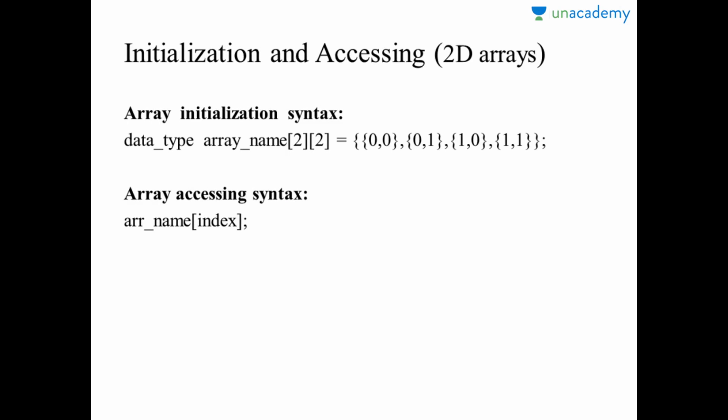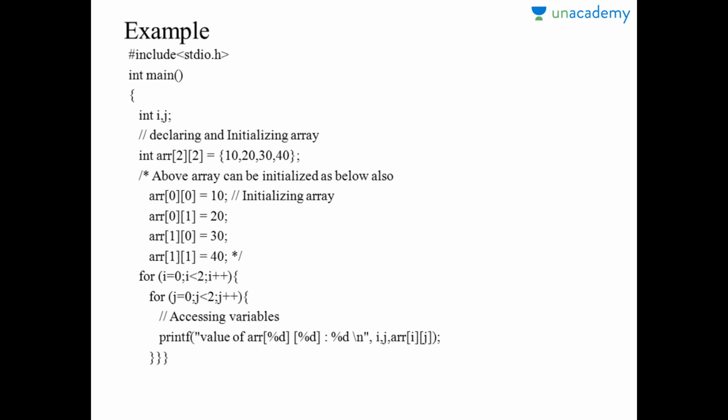Next is the initialization of 2D arrays and accessing data from 2D arrays. So here's the syntax. It's almost the same as we defined for one-dimensional arrays, but here we need to specify both rows and columns, and that's the difference, because it isn't single dimensional, it's multi-dimensional, and 1D arrays were single dimensional. So let's take an example. Here also there are two methods for initializing an array, and you can choose either of them as per your convenience, and you can run this program and obtain the output. So this is pretty much it for the introductory knowledge of 2D arrays, but there's a lot to explore.